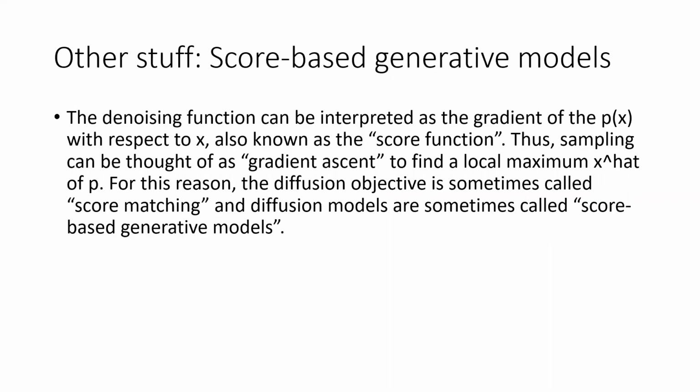So we mentioned at the beginning these score-based generative models. The terminology for diffusion models can be kind of confusing because they descend from two somewhat separate lines of research, one based on diffusion and the other based on score-based generative modeling. Score-based generative modeling says, basically, what if we can learn the gradient of p of x instead of p of x itself?